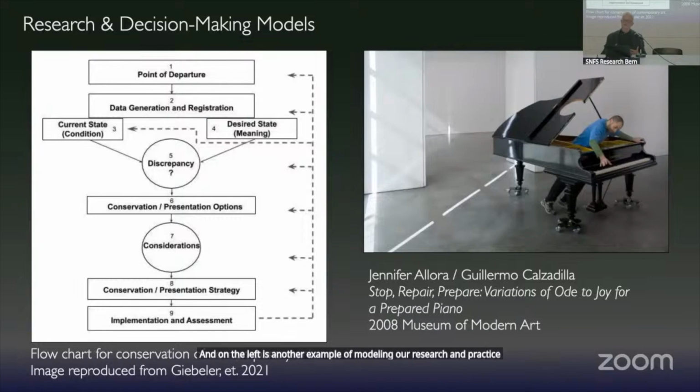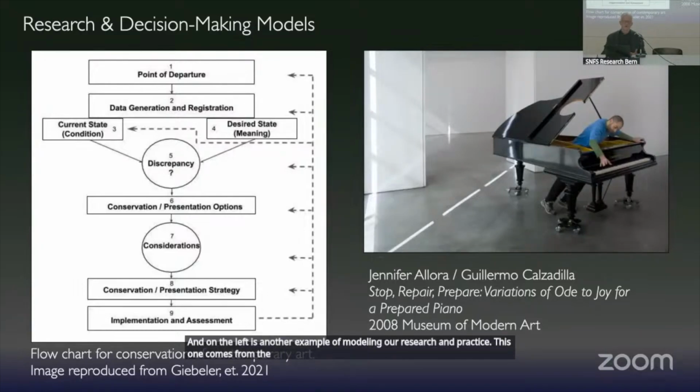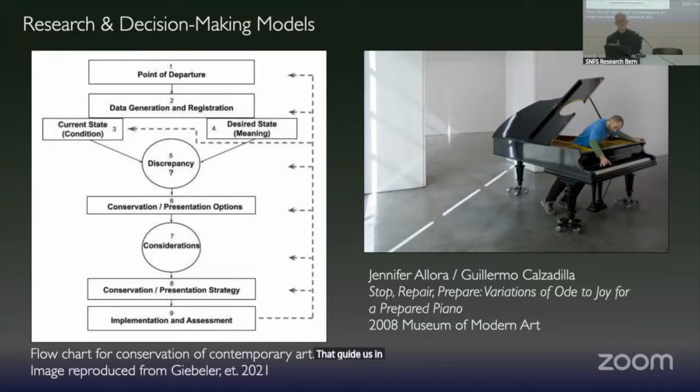This one comes from the conservation of contemporary art, developed by Dutch colleagues in the late 20th century and revised by a group of international colleagues in Cologne just a few years ago, that guide us in the process of